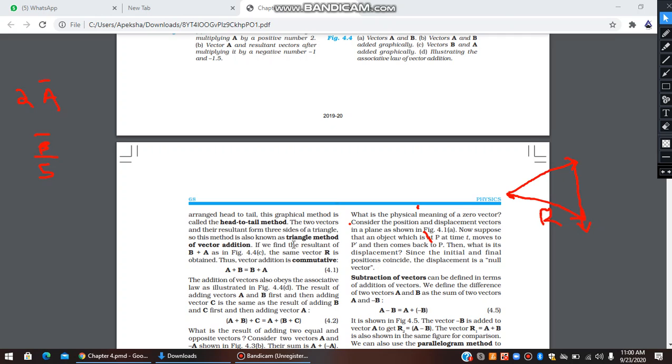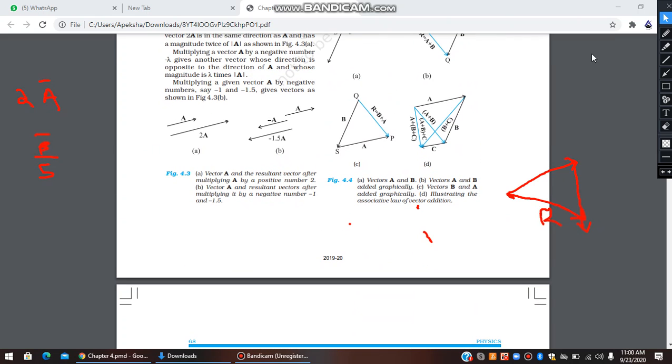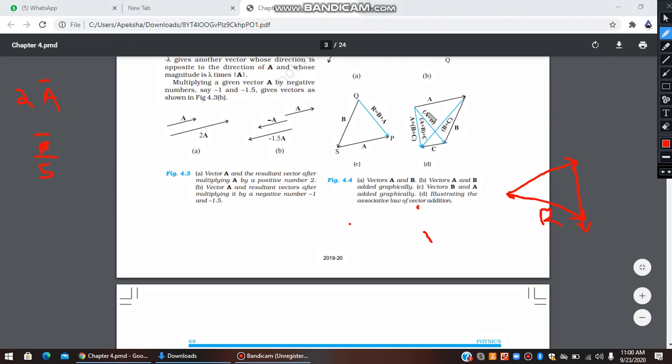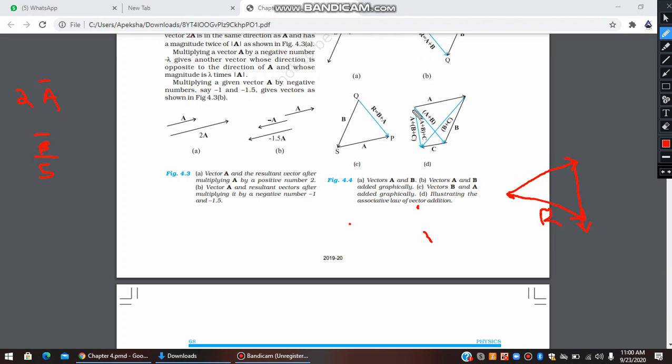Now, this is already explained. Again, with a third vector, it will be the same thing. So suppose there is a third vector. We do the same. First we do it for the first one, then the tail of the second with the head of the first, then the tail of the third with the head of the second, and finally the tail of the first and the head of the last. So this would be a bar plus b bar plus c bar.